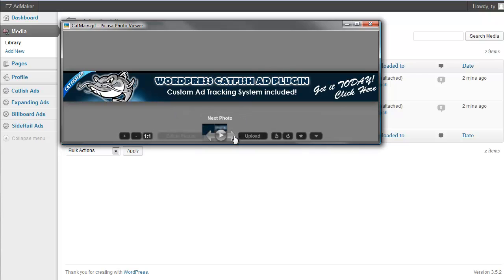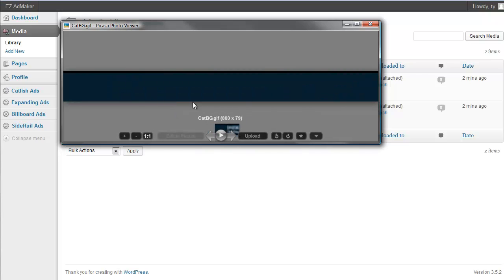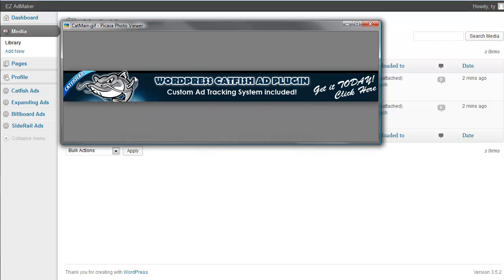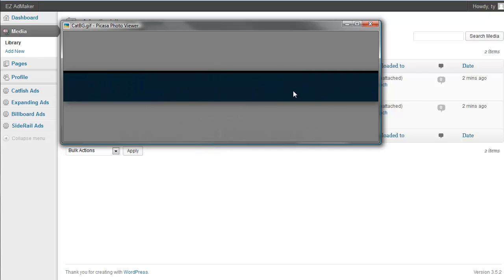And then the main background image is the same, just without all the other images in there. So it's just this image that can repeat smoothly clear across the bottom. Okay,